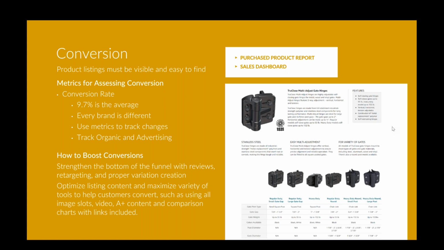So say a customer came to buy this hinge and they realized, wait, there are all these other hinges. Shoot, I don't actually know which one is the right one for me. All of a sudden, they could go look at post type, gate gap, gate weight. All of a sudden, there are all these different metrics that they may not have even known they need to consider when buying this. And so you've got to think of this from a 10,000-foot view of a customer who knows not nearly as much about your brand, especially if you have a technical brand.